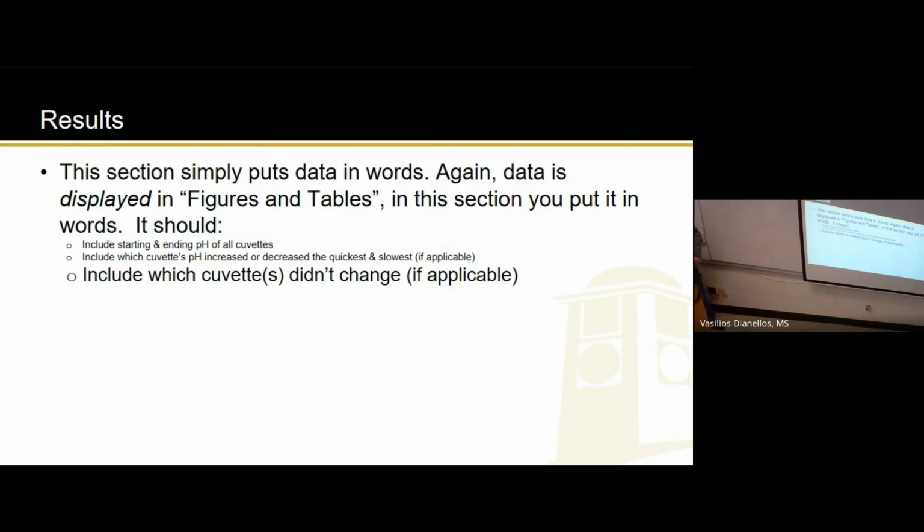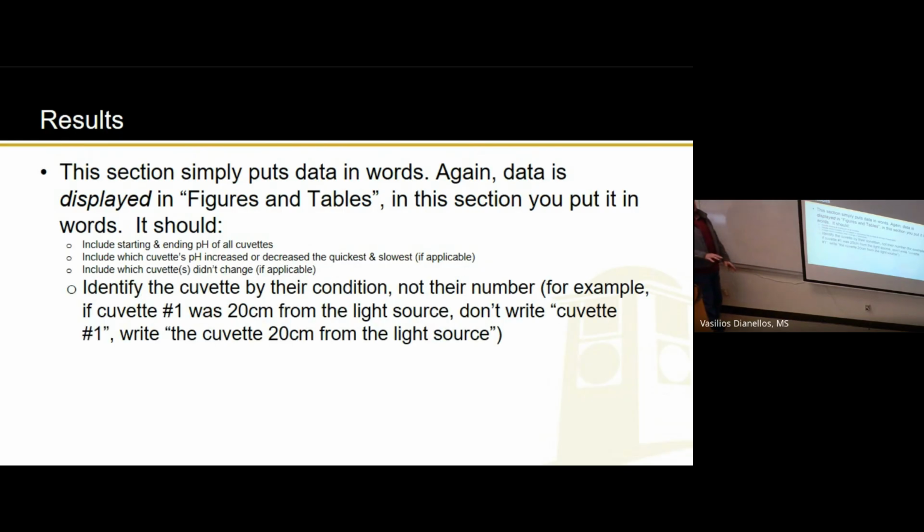Make sense? All right, another common mistake. Again, this falls under your lab report should make sense to somebody who's not seen the experiment. When you're talking about your cuvettes, you want to write about their condition, not their number. That might not make sense, but in the lab manual, it'll say number your cuvettes 1, 2, and 3, so they all have numbers. But when you write about them, you want to say the one that was on the ice started here, ended here. The one that was not on the ice started here, ended here. We don't care what cuvette number it is. Tell us what condition it was in. The one in the green light started here, ended here. The one in the white light started here, ended here. Does that make sense? Okay.